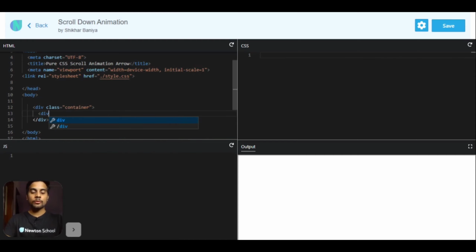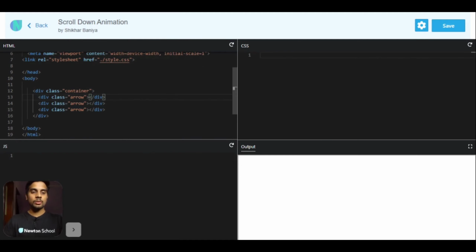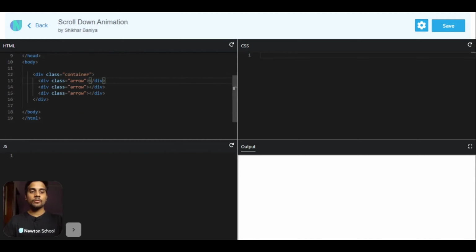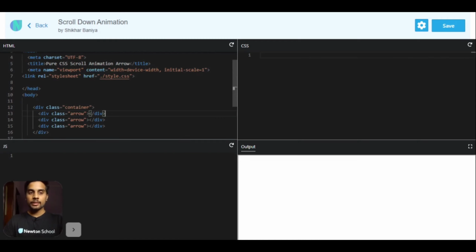So for that, let's create 3 sections of arrow. So this will be the first one, and in the same way I want 2 more. That's why we have added 2 more arrows, and that's it for this HTML part.